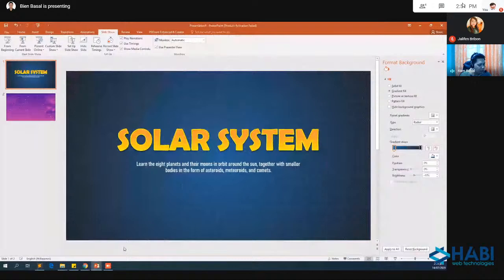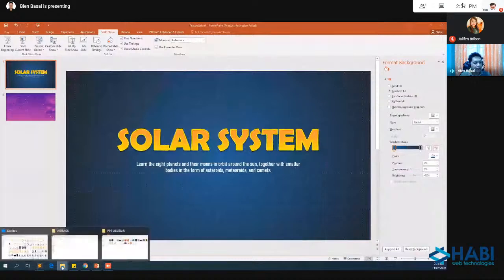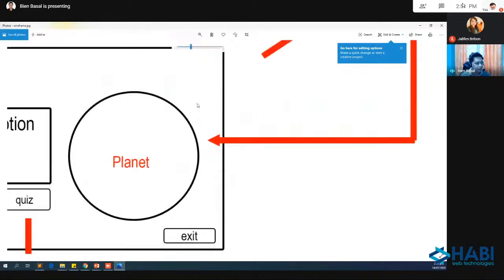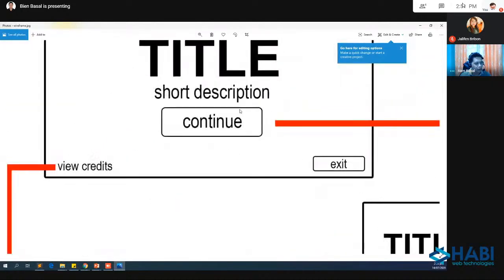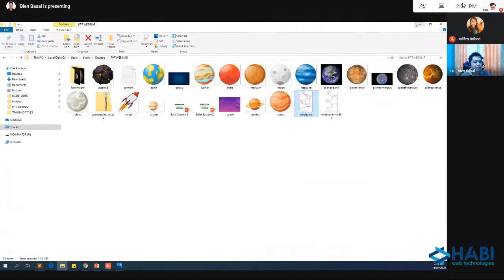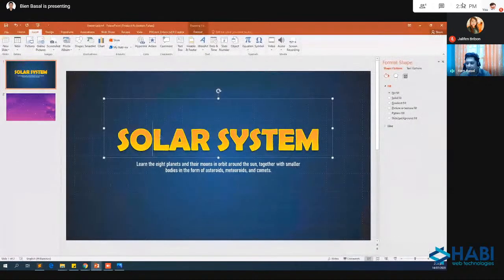If you remember po kanina, kung papakita ko po yung aking pong wireframe, again, ito po yung ginagawa ko ngayon. Ito pong part na to. Nagawa ko na po yung solar system ko na title and short description. Ito pong button. Yan. Button po ito. Pag button, you need to explore po yung shapes. Papakita ko po sa inyo. So nakapag-insert na po tayo ng text sa first element natin. Nakapag-insert na kayo ng text. Nakapag-modify tayo ng style ng text.